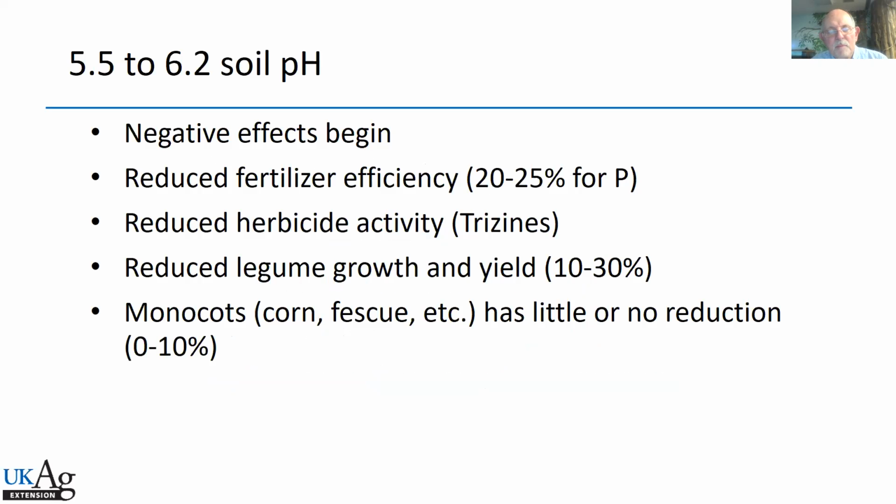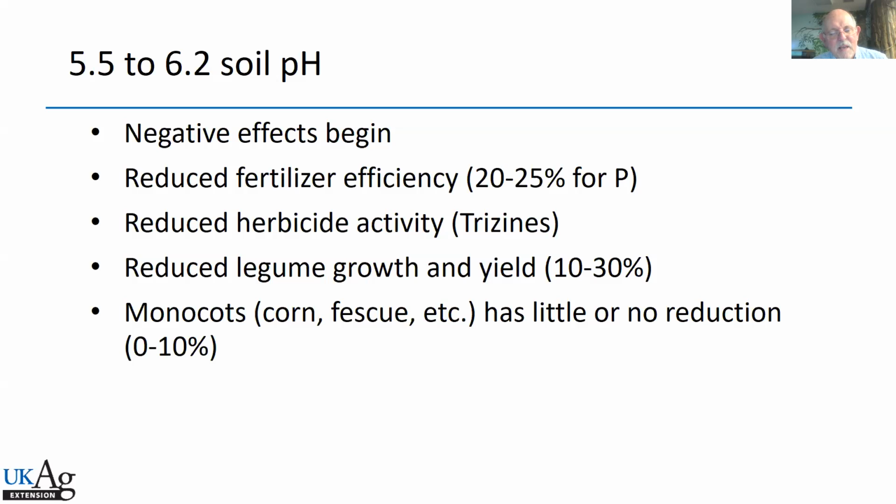Once we start to drop down to 5.5 to 6.2, we start to see some negative effects for a lot of our crops, but not all of them, okay? In this case, we have reduction in fertilizer efficiency. We can throw the fertilizer on these fields and it's just not effective, okay? Doesn't necessarily mean we've lost that fertility, but absorption of those nutrients is not very effective in the lower pH range. Herbicides, in some cases, especially our triazine, atrazine type products, are somewhat limited,